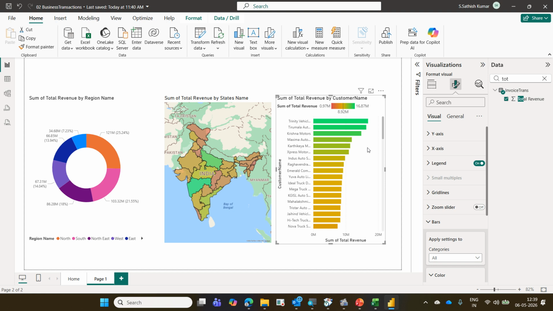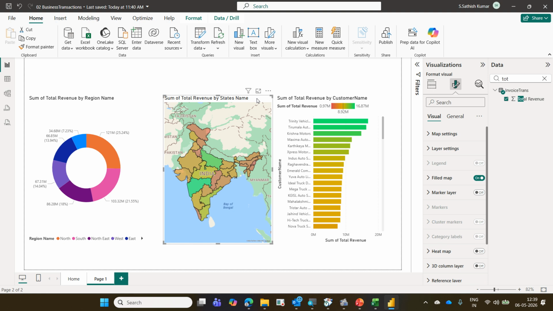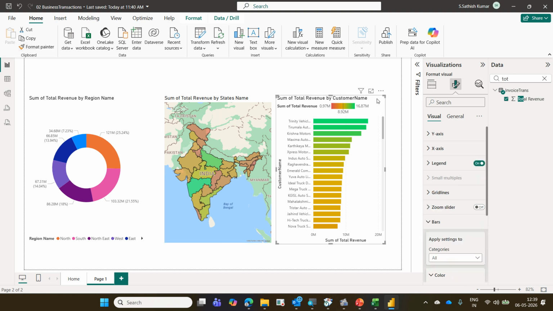Just to select the chart, the first one, the map, format painter, select this bar chart. But I don't want to get all the customer. I may have 200, 300, thousands of customers. I want to bring only the top 10 customers.